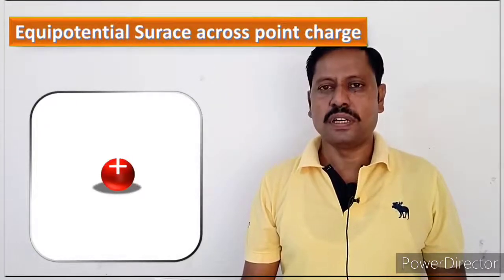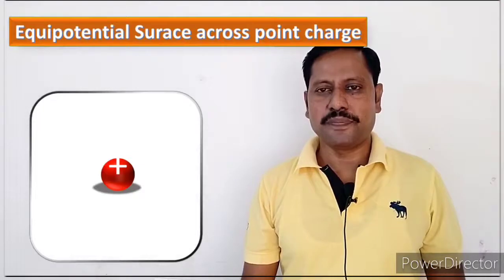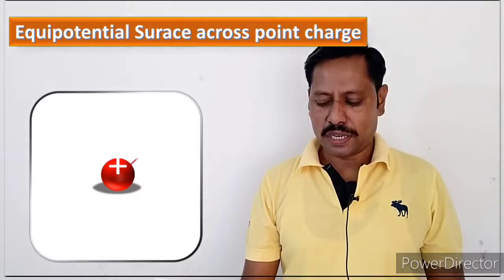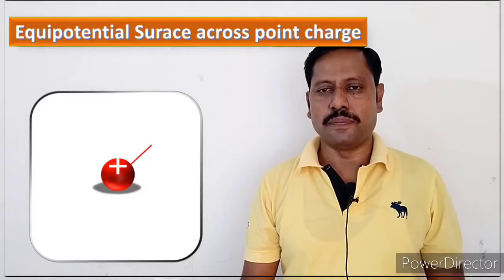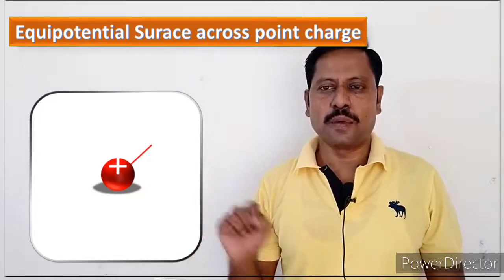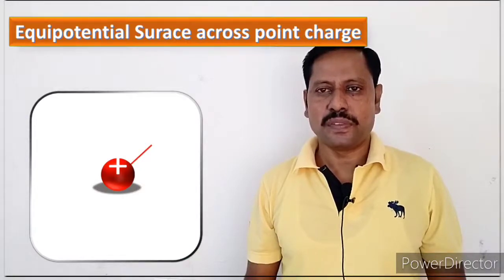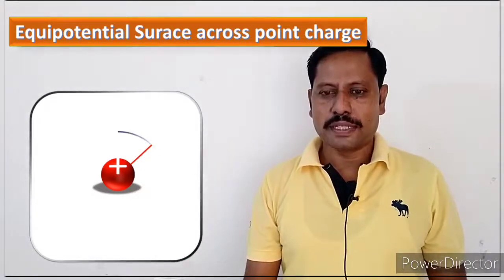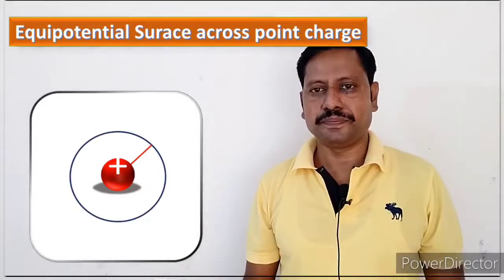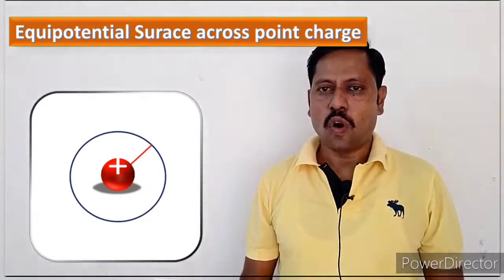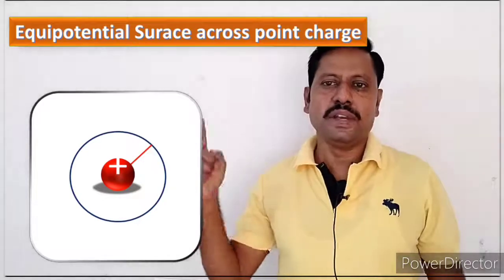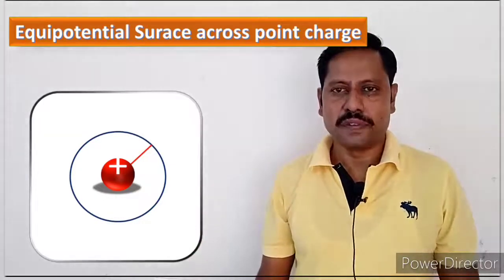Okay, so in a more generalized way, if we think of the same example, let us say we have a positive charge kept like this, and from that positive charge I am going at a distance r1. In the diagram I have not shown r1, but let us say that distance is r1. Then with that r1 radius I can form a circle like this, right? So all the points on that circle define the equipotential surface.